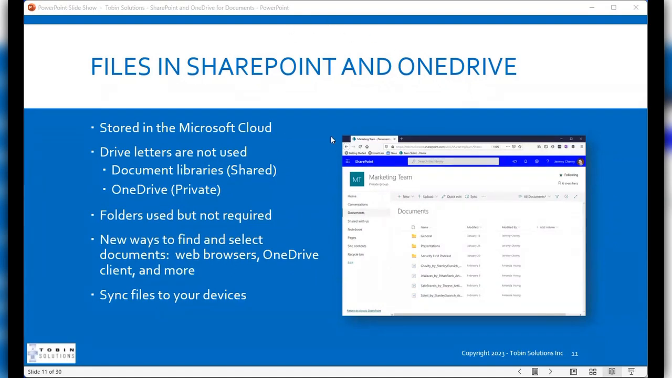So some of this may look familiar to at least 62% of you. So you've got the documents. These are stored in Microsoft's cloud, right? So just so we're clear, it is Microsoft not only providing the applications, but they're providing all the hardware